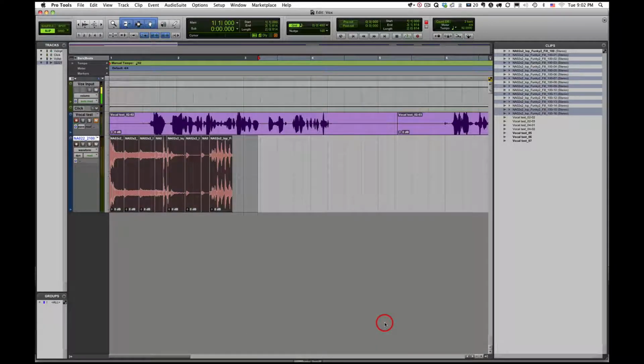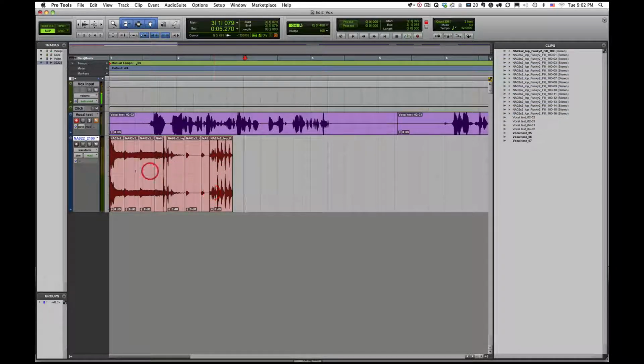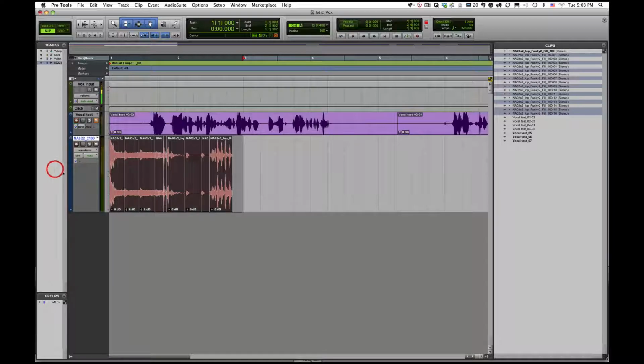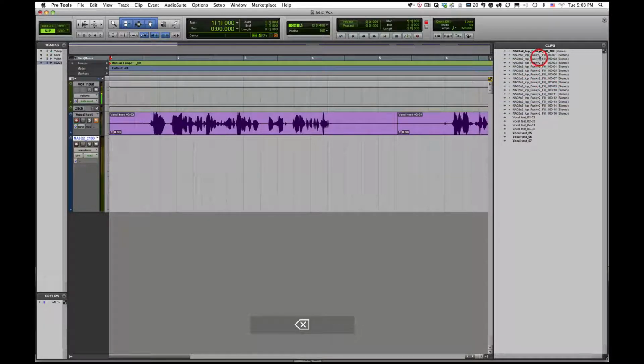Okay, now let's say, for example, that I want to delete this drum loop. I don't want to use that anymore. I've cut it up into all of these individual subset clips or subclips. Let's say I want to delete that. If I get rid of this, it'll still remain here in my clip list because it doesn't delete clips out of the clip list. So then what I need to do is I can select these individually, or I can